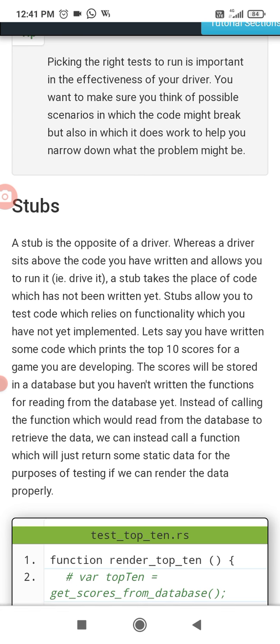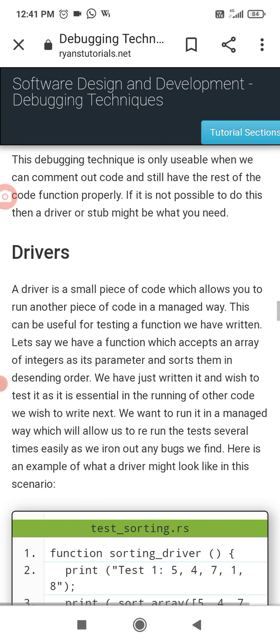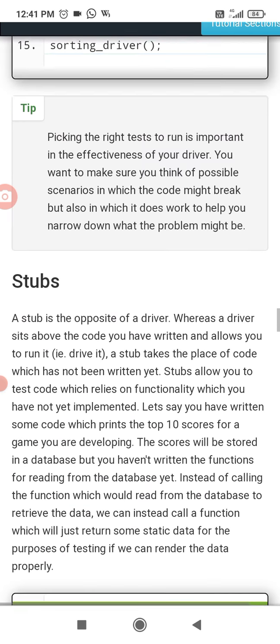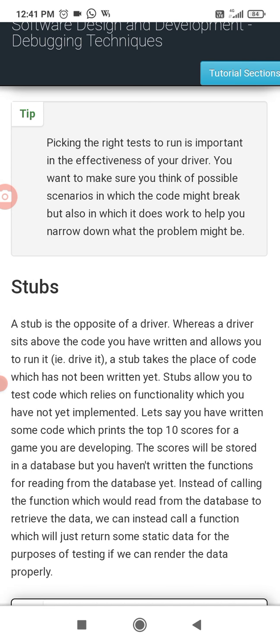Stubs are the opposite of drivers. Okay, you got the concept of a driver: a small piece of code which allows you to run another piece of code in a managed way. Now we are going to look at a stub. A stub is the opposite of a driver.